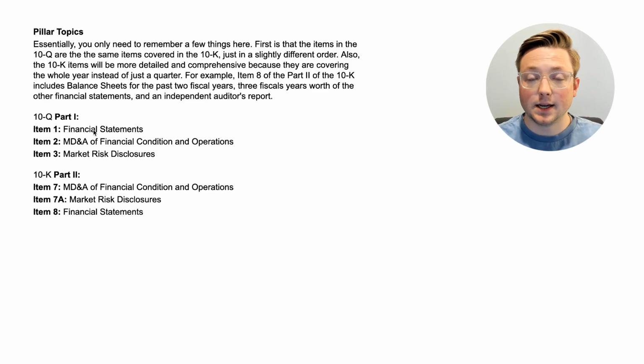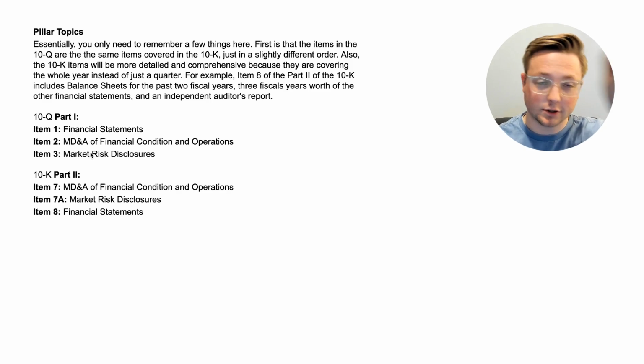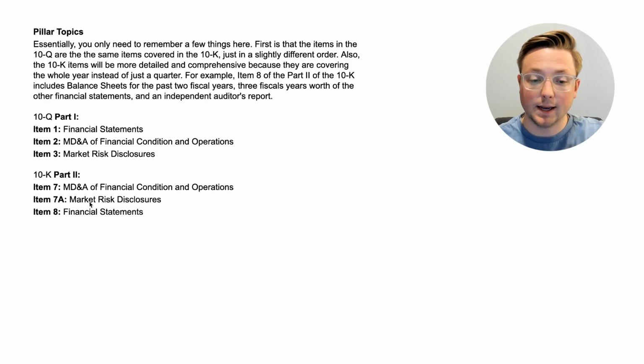And then it's covering basically the same things, just in a slightly different order. Financial statements, MD&A, market risk, and then the financial statements goes to the bottom for the 10K, so it goes MD&A, market risk, financial statements. So again, I don't think this topic is extremely difficult as far as what they want you to know for the FAR exam. I wanted to do a short video to show you the order, to show you that they're covering similar things, just in slightly different scopes, and that it's not too difficult.